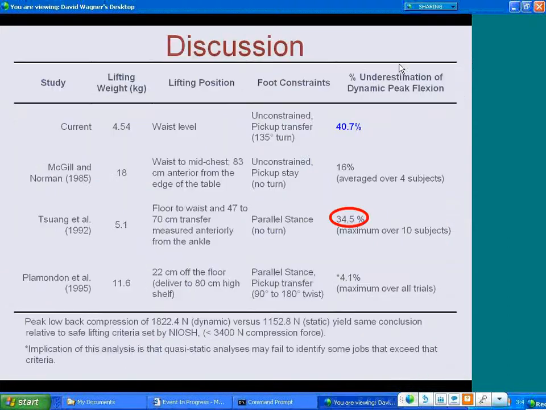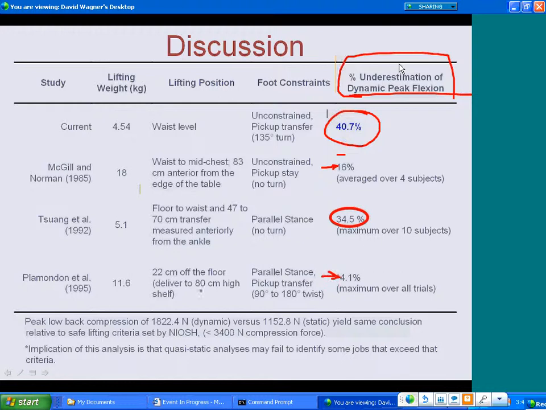So one of the issues that we wanted to look at is, are our results similar to what other people in the literature have seen with their comparisons of dynamic and static lifting tasks? And the answer to that question is yes and no, depending on what you look at. Quite a few different studies have looked at this type of comparison, and I'm listing the underestimation here of peak dynamic flexion in the L5S1 joint, and our results were 40.7%, and other studies have listed significantly lower values, potentially